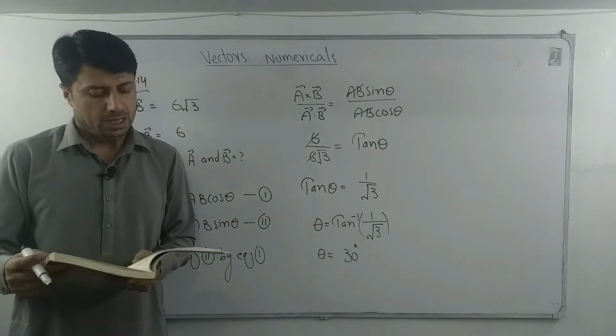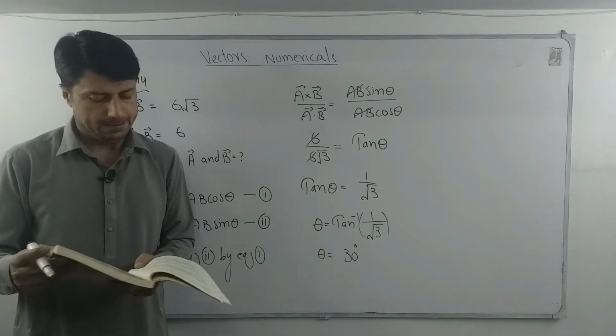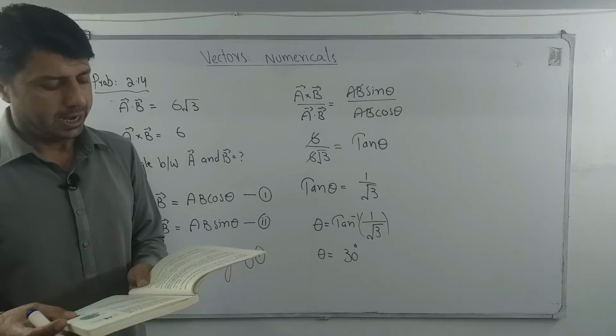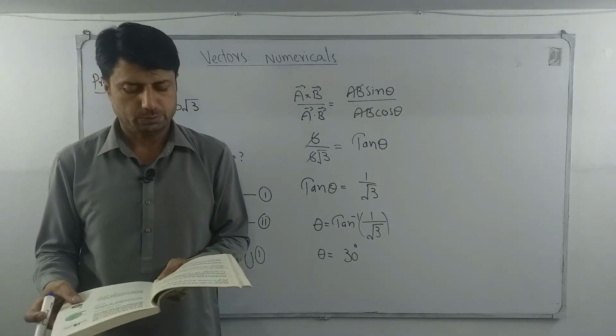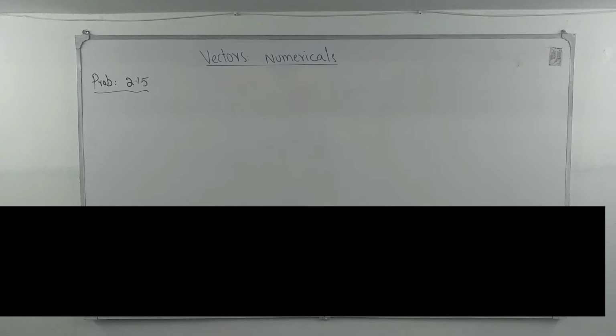Okay. Let's solve the next problem, and that problem is also on your screen. Please watch this problem. A load of 10 Newton is suspended from a cloth line. This distorts the line so that it makes an angle of 15 degrees with the horizontal at each end. Find the tension in the cloth line. The load which has been given here is equal to 10 Newton, and it has been suspended from the midpoint of the cloth line.